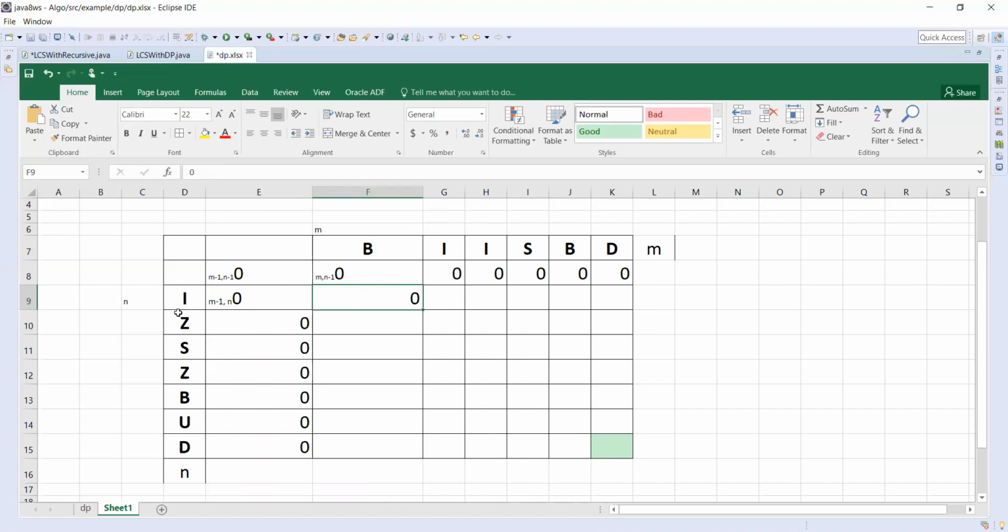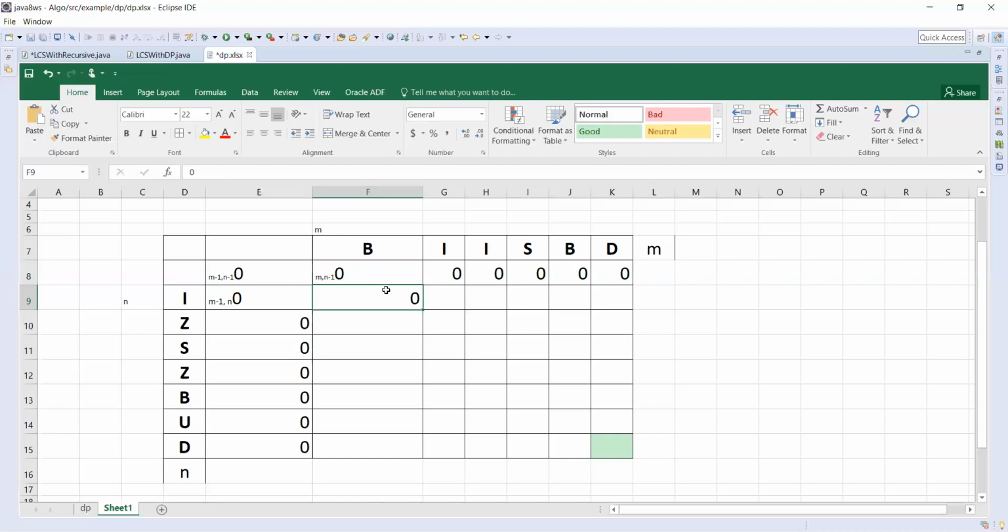So what is our thing? When we are calculating these two subsequences, if they are the same, what we need to do is take the already calculated LCS of m minus 1 comma n minus 1, which is this one, and then plus 1.